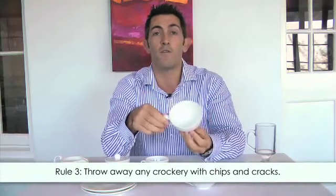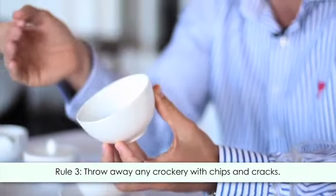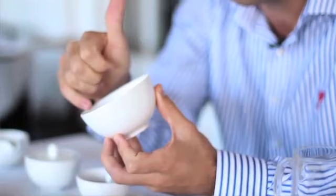If you find a chip in a piece of crockery, throw it away immediately and inform your manager. The reason why this is important is because bacteria lives inside these little cracks. Also, it is going to be the first thing that a guest sees when you put the cup of coffee down. And if the cup is chipped, they know that you haven't attended to the detail